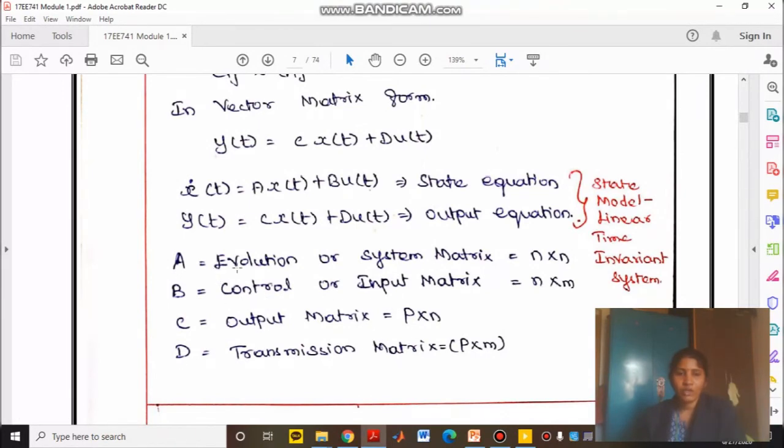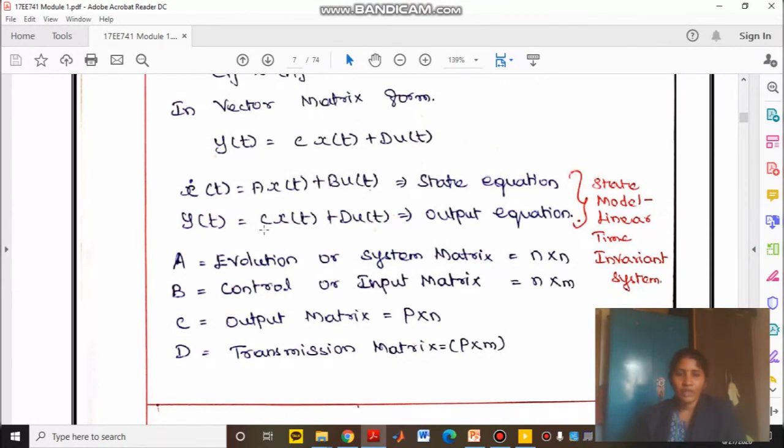We should identify the order of the matrices. So it is nothing but your state equation, right? State equation means you have n number of state variables. Therefore, the order of A will be n cross n. And B is also associated with the state equation, and depending upon the number of state variables, you are going to get first order differential equations. So this is also associated with your state variable number. So here you will get n. And what is the range of your input? The input ranges from 1 to m. So you will get n cross m.